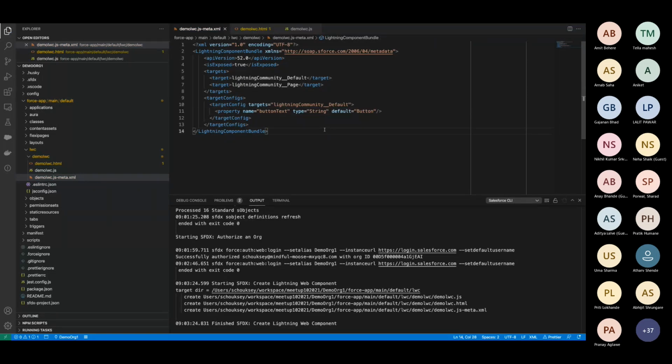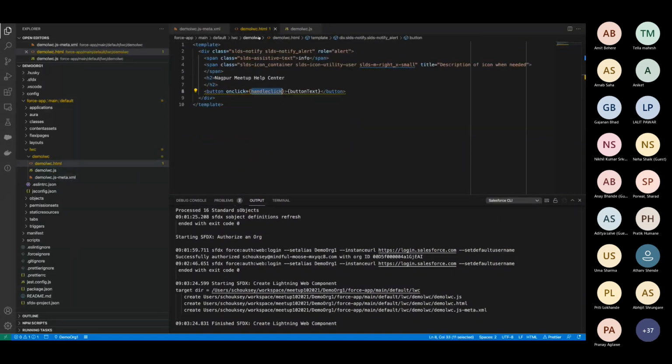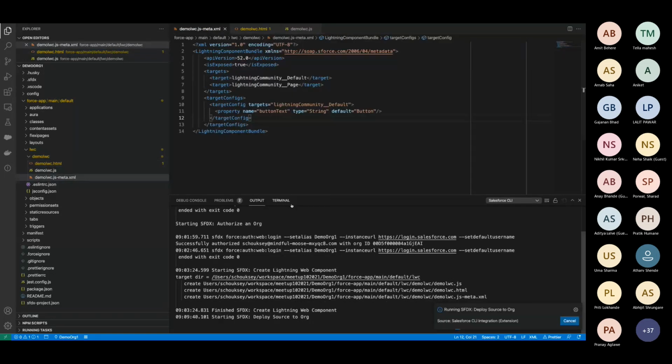So this is where you created the component, and this is very critical. First thing is whether isExposed is true. This is where you can show where you want to display your web component, whether it's available in Lightning community or you want to make it available in Lightning App Builder or whatnot. And then you can set up the properties, where you can pass the parameter from the UI, say from a drag and drop feature. I will save this, I will save this, I will save this, and I will deploy this to the source.